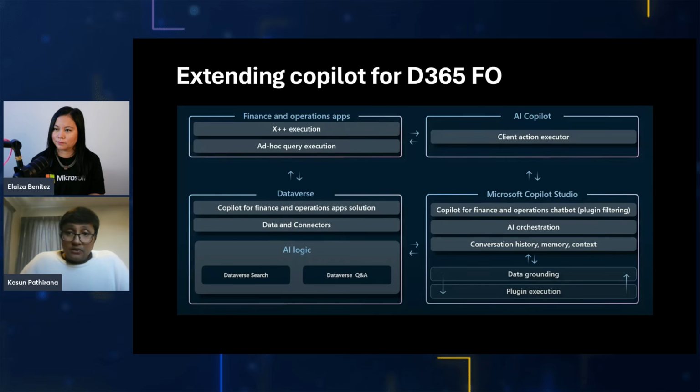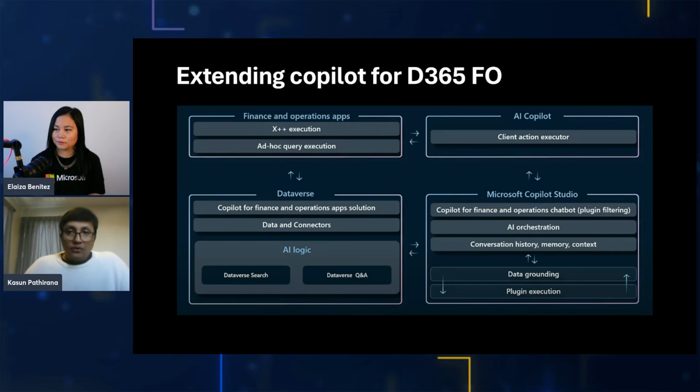This uses Microsoft Copilot Studio to orchestrate the AI capabilities and enable extensible, intelligent user experiences. You can extend the Copilot features using X++ with pro code. Another option, which we're going to discuss further with the demos, is that you can use Copilot Studio to extend the Copilot capabilities with Dynamics 365 Finance and Operations. There are out of the box Copilots, like the help and guidance we were discussing, which have a separate out of the box Copilot Studio so that you can extend it. We will see some more demos on that